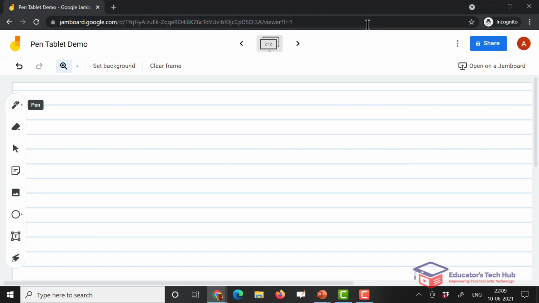So let's say I choose the pen again, but this time since I have the lines with me, it becomes easier for me to write. So right now I am writing on the pen tablet. My eyes are continuously on the screen, right? So it is easier for me, and I can simply understand and write. And please excuse me for my bad writing. I'm not really good at writing as such.